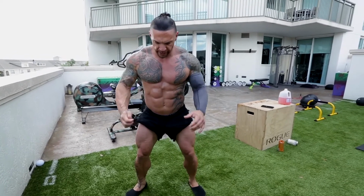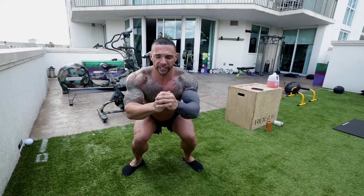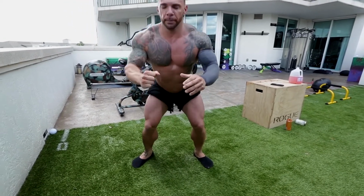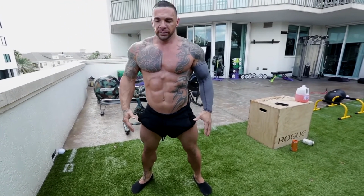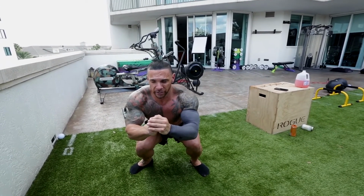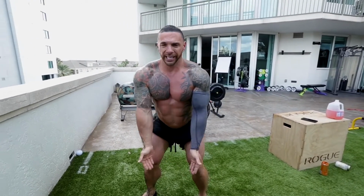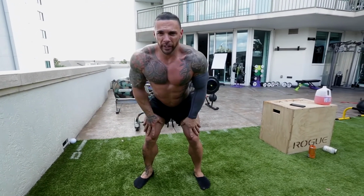We're going to essentially go down into a squat position, just like we would normal bodyweight squats, and then instead of just pushing ourselves up through the heels to the top, we're going to explode from this position into a jump. And when our feet hit the ground, we go back into the squat position and then repeat. Okay, we're gonna do three